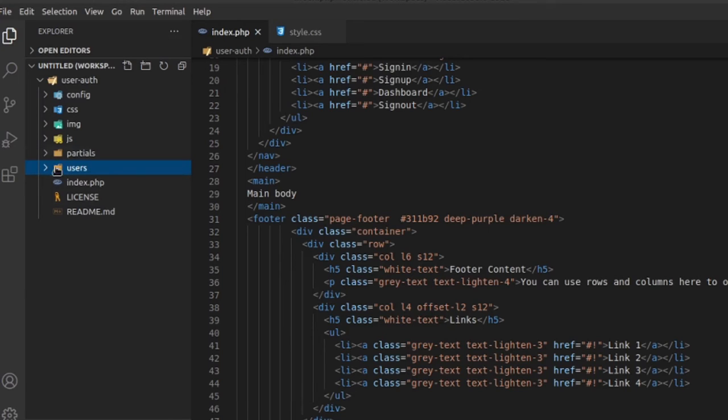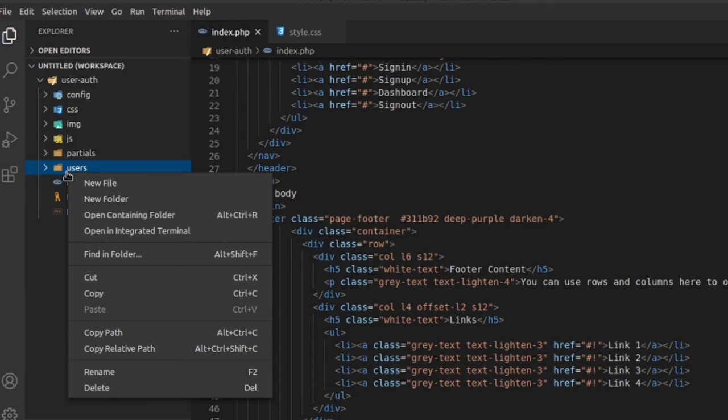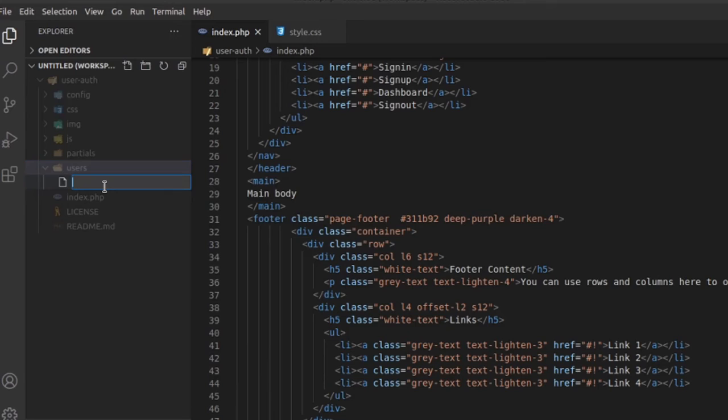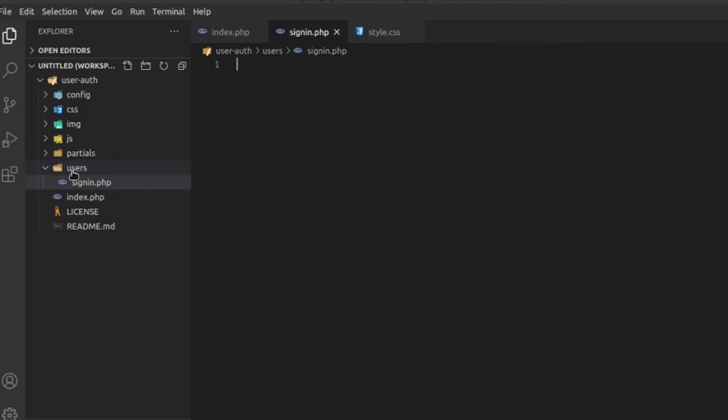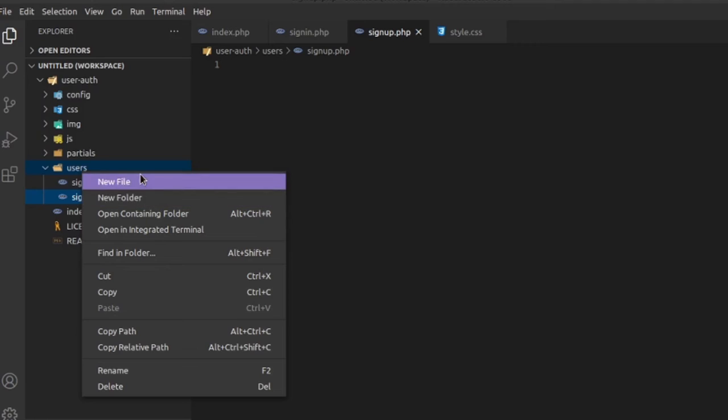Okay, now inside user I am going to create a file, signin.php, create one more file for sign up, signup.php, create one more file for sign out.